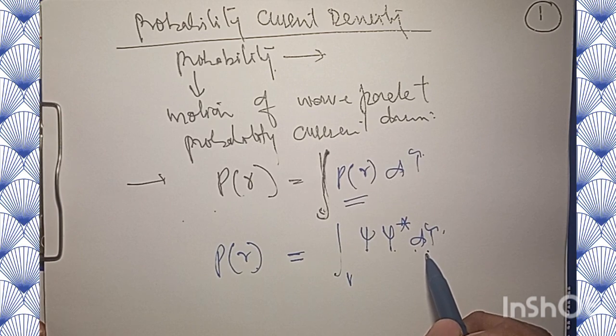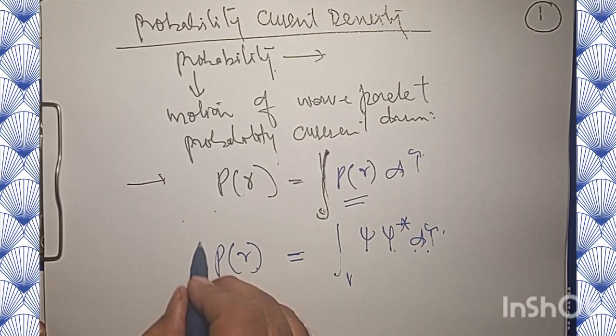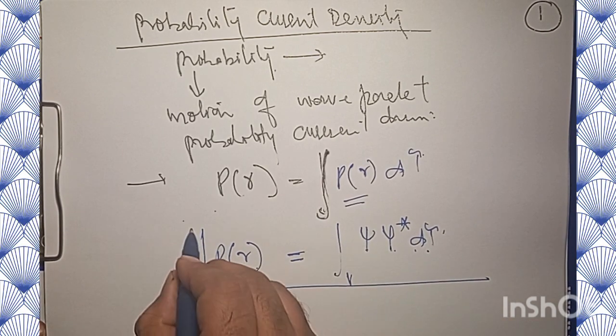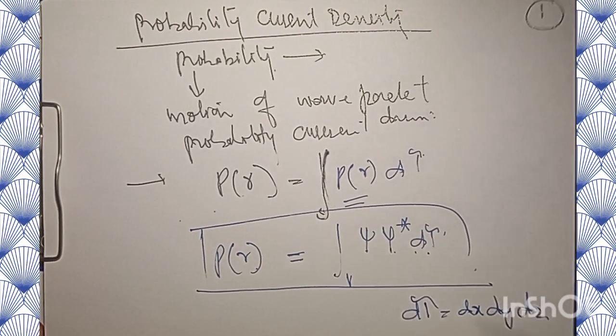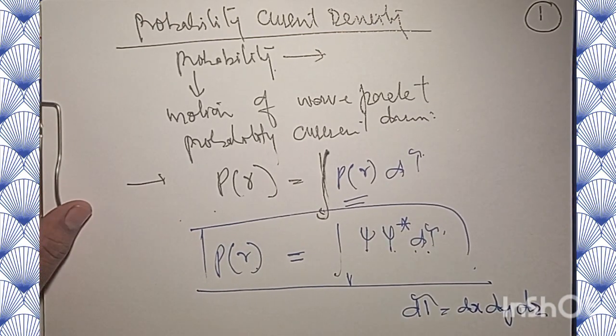When I have to incorporate the flux that I am talking about, this d tau is the volume element dx, dy, and dz. And to go with this, in order to have the flow